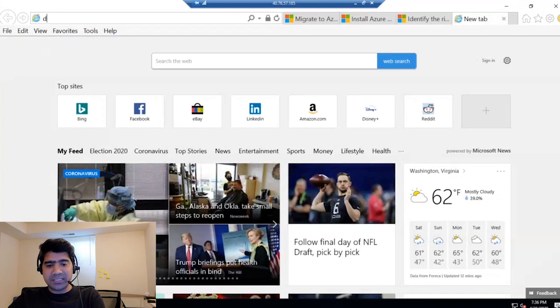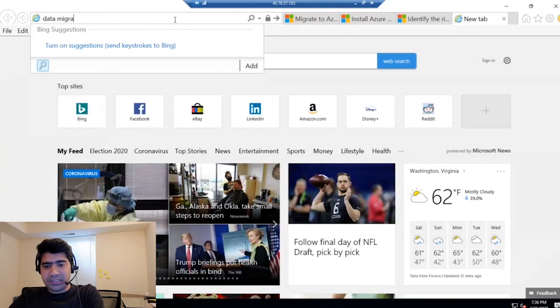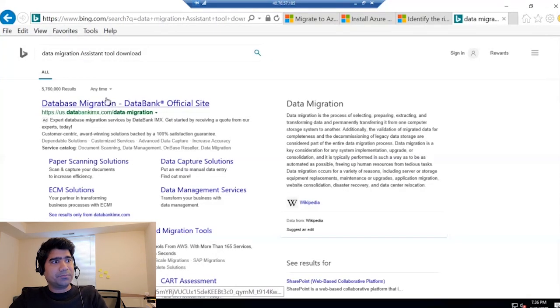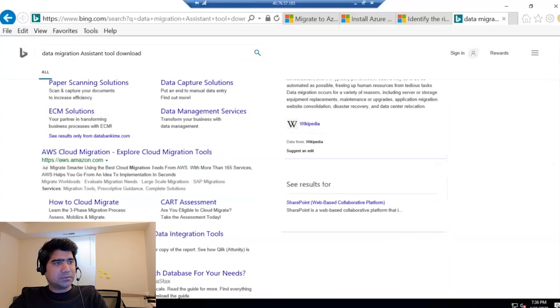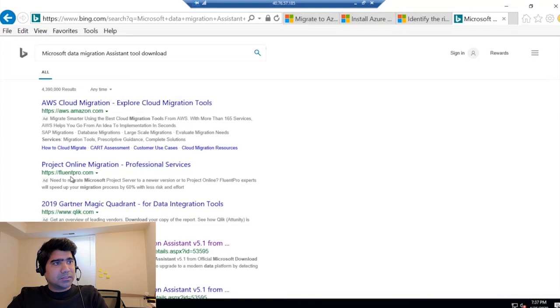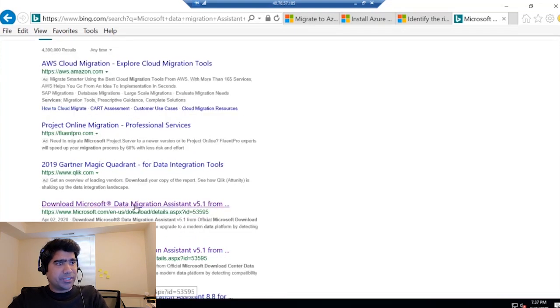You can go to any search engine and just search for Data Migration Assistant tool download. Add Microsoft here. Okay, so here you see, download Microsoft Data Migration Assistant tool.